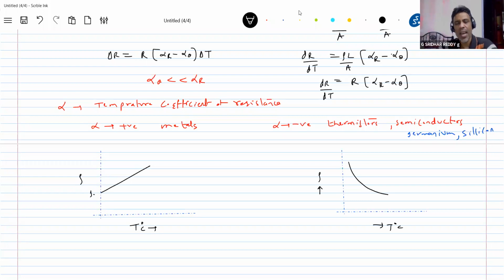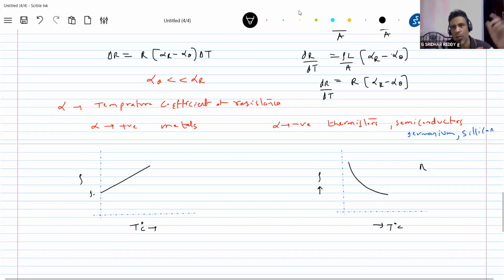Any reason for that? As you increase temperature, the concentration of free electrons will increase. In case of a conductor, the concentration of free electrons will change very little, a very small increment will come, but the tau will dominate. The tau will decrease. Because of that, the rho was increasing. This is what happens in conductors. In case of semiconductor germanium, the eta will dominate. Eta will increase by a large amount. So the resistivity will decrease.